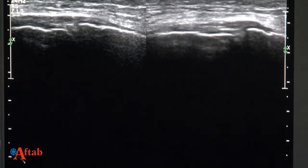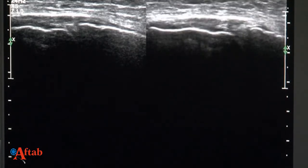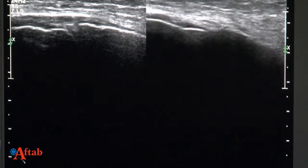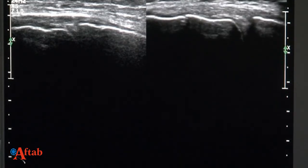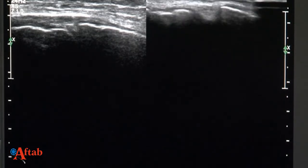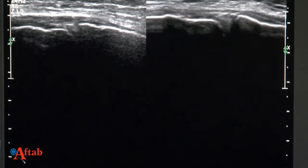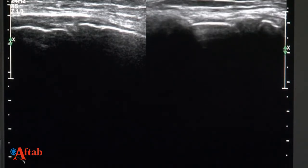I hope that you can remember the medial collateral ligament on this side, which is showing altered echogenicity. The fibrillar pattern is lost, it is thickened, and you can see that there is a little extrusion of the medial meniscus. The joint space appears to be reduced, not that there is any osteophytosis, but as I come to the asymptomatic side, I am in the line of the medial collateral ligament. That part is